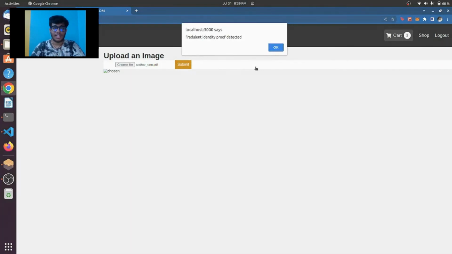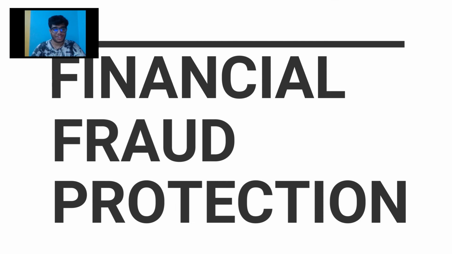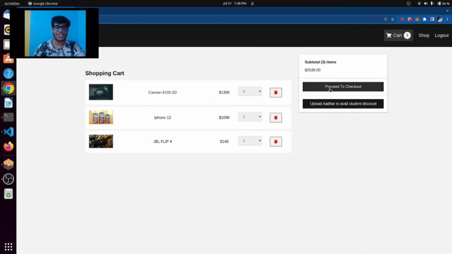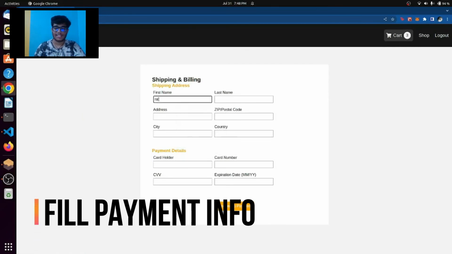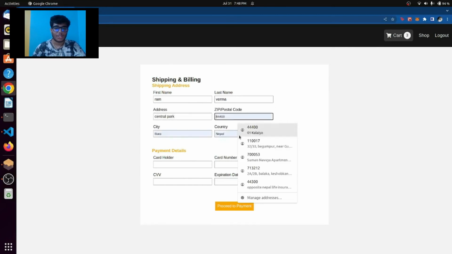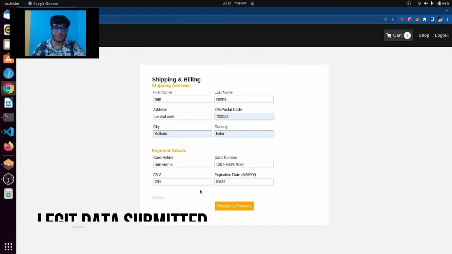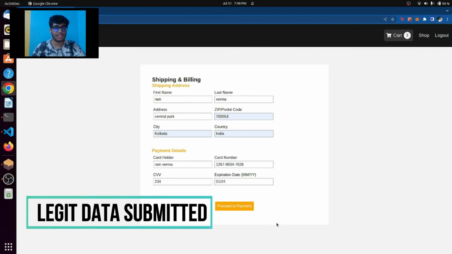The other thing that we do is financial fraud protection through our second ML model, which checks if the credit card info is legit and if the transaction pattern is not abnormal. So when a user gives in his credit card details, we will proceed to payment and then wait for the response from the Django server. If legit information is provided and the Django server says that it's not a fraud, we'll store the transaction history